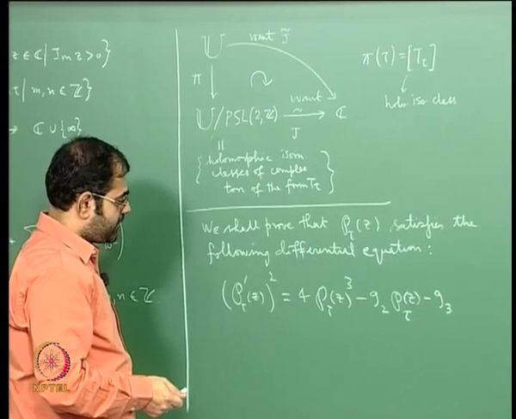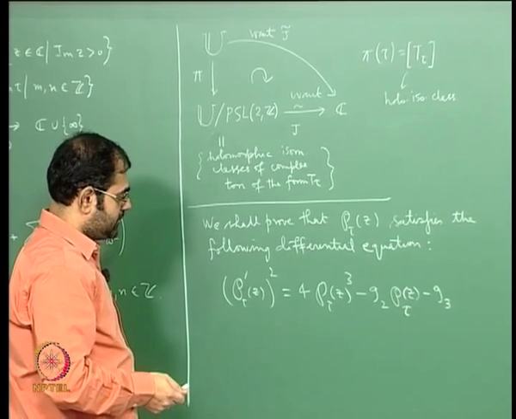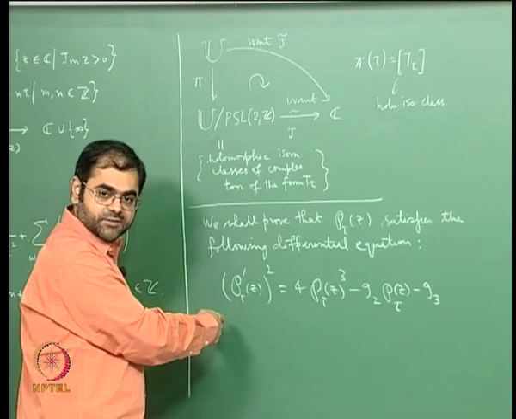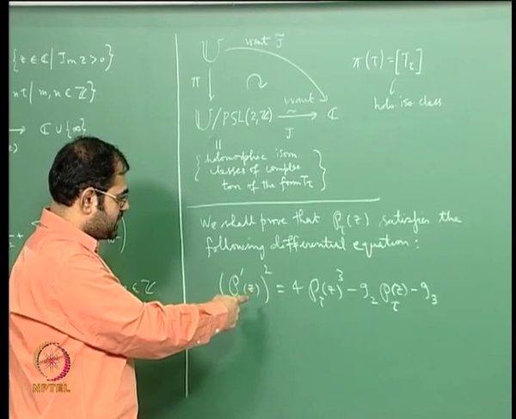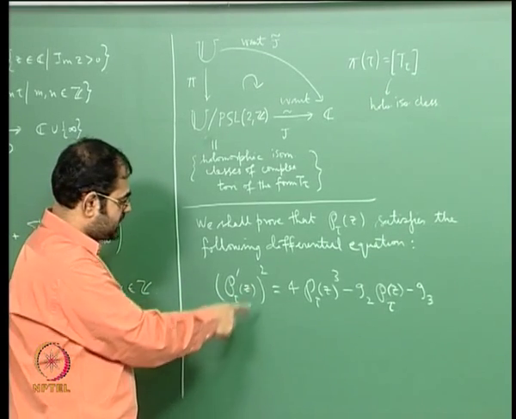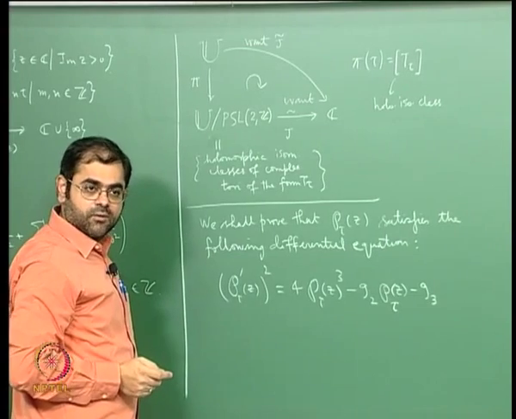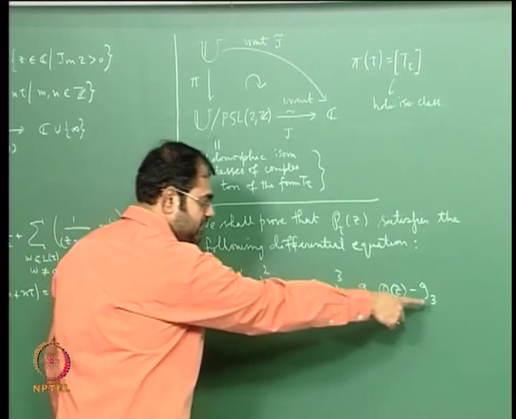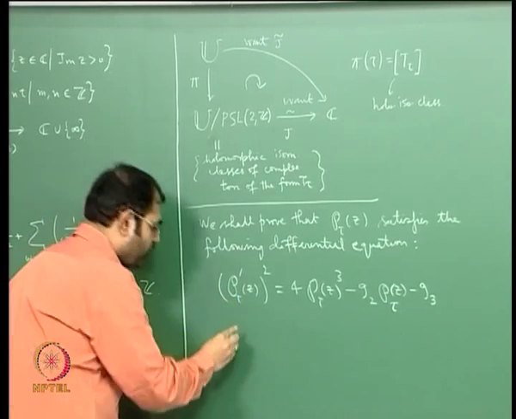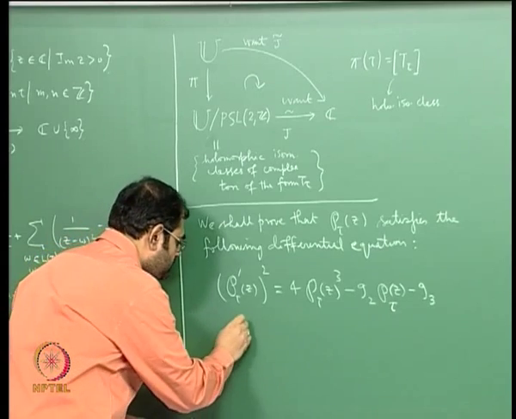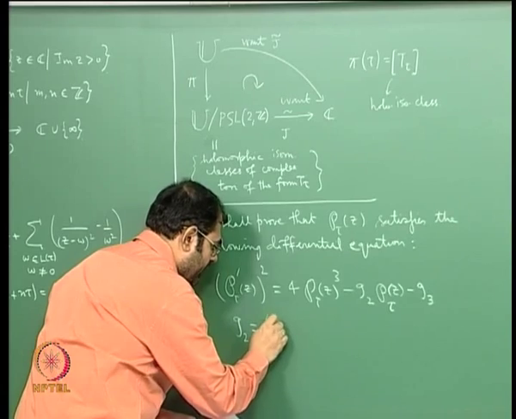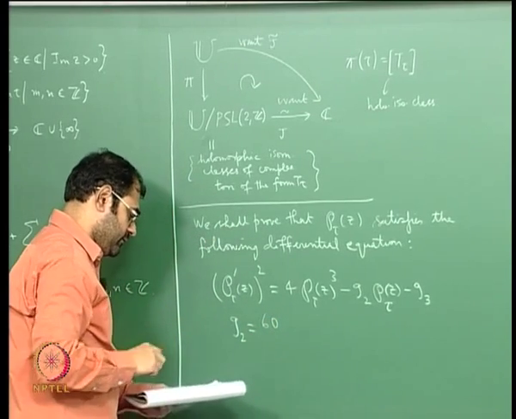You can see this involves the Weierstrass P function and its derivative, so it is an ordinary differential equation, and you can see that this is a first order differential equation, and of degree 2. And what are these g2 and g3? These g2 and g3 are functions of tau. So what is this g2? We will compute it and explain what this is. We will see what this is.